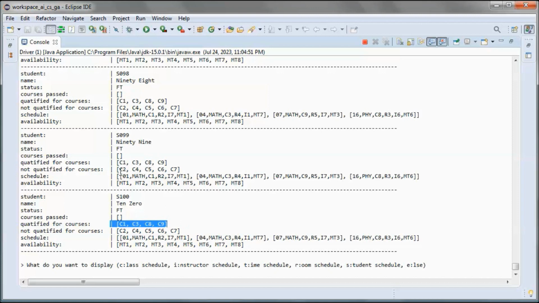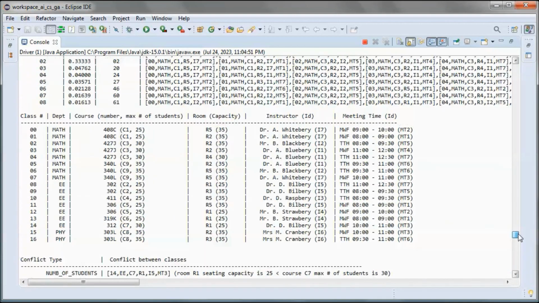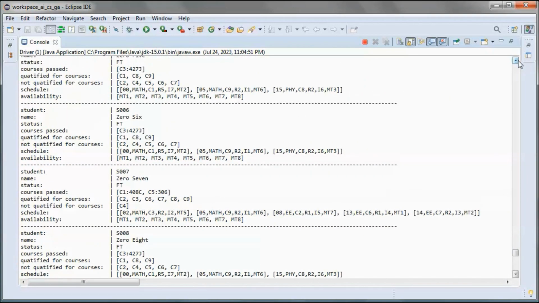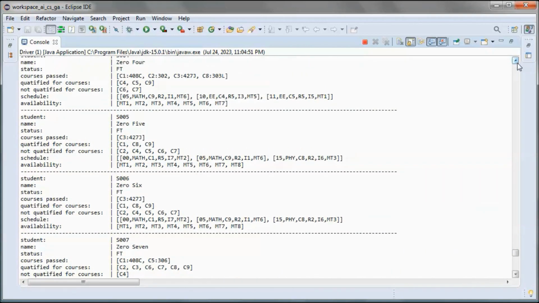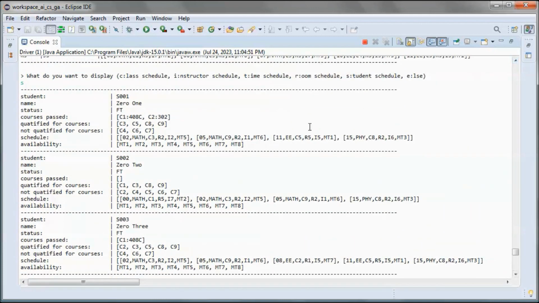And this student is qualified for those, and he was scheduled also for all of them. And if we go up, this student is qualified for those 4, and he was scheduled for all of them.